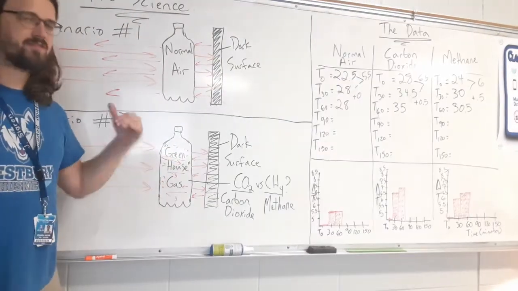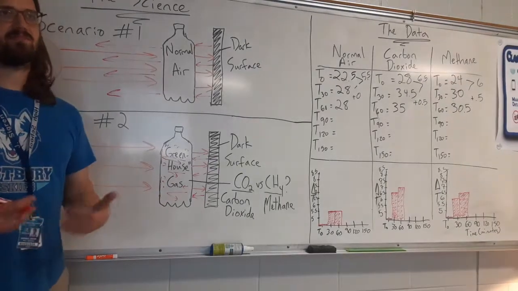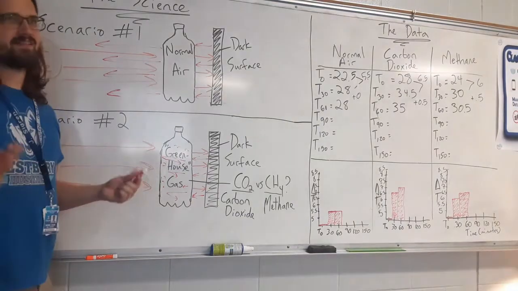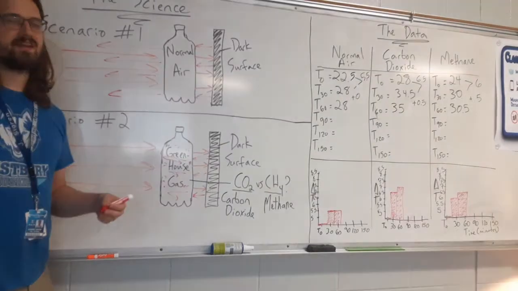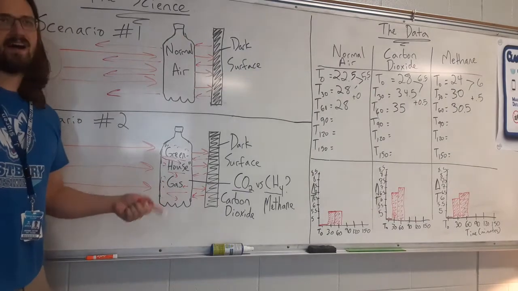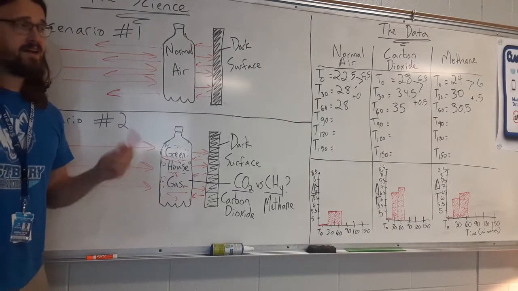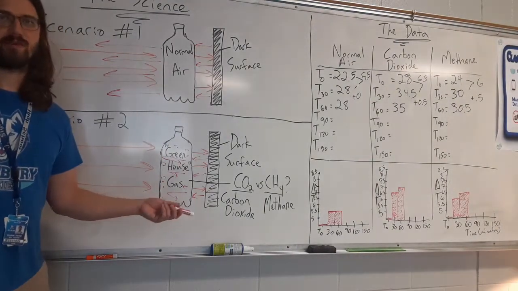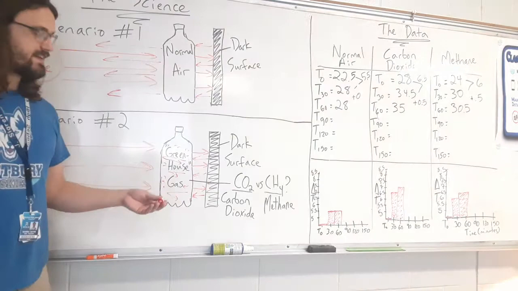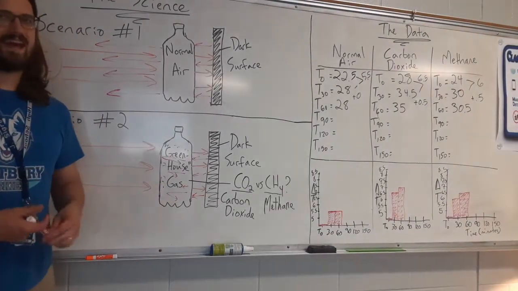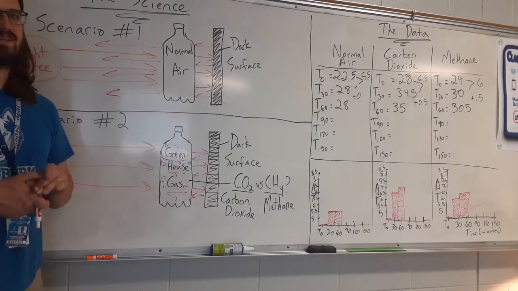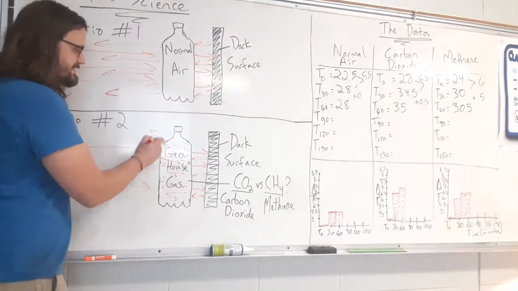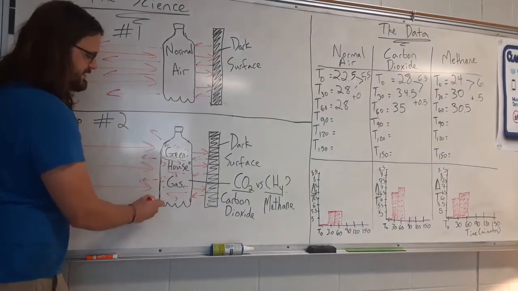But after some heat is built up, the buildup of heat slows down over time. And when you think about it, that makes sense. It's not like we've created a system that is just going to get hotter and hotter forever. It's not like if we let this experiment go long enough, it's going to get to 1,000,000 degrees in here. Eventually it's going to get so hot that some of the heat has to escape back out into the environment. So as this gets hotter and hotter, eventually some of this heat is going to begin escaping